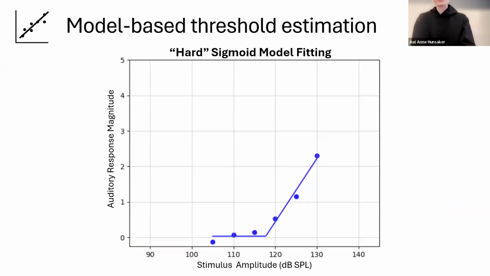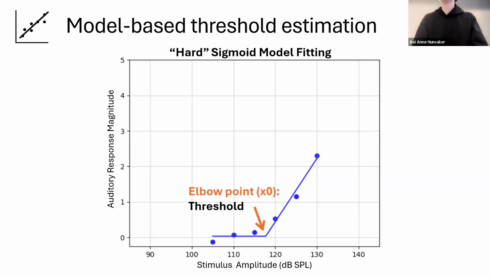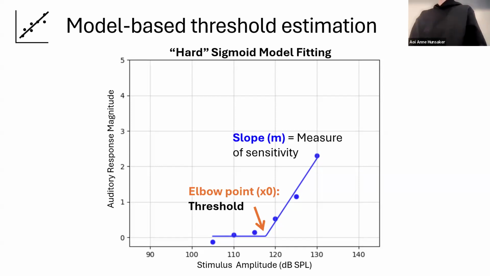And so in our program, instead of a soft logistic model like the one I just showed with nice soft curves, we use a hard logistic, a 3-parameter simple hard logistic model with the auditory threshold value built in as this elbow point parameter here. Another measure of auditory sensitivity we can use is the slope of the upper arm here. And then the lower arm of the model represents the noise floor in the recordings, so the background neural electromagnetic